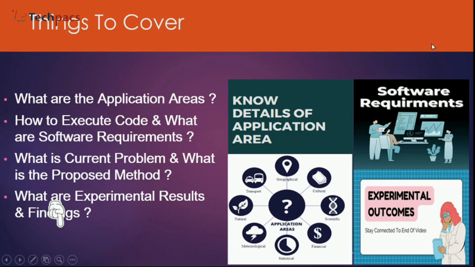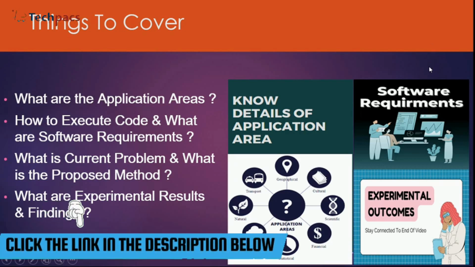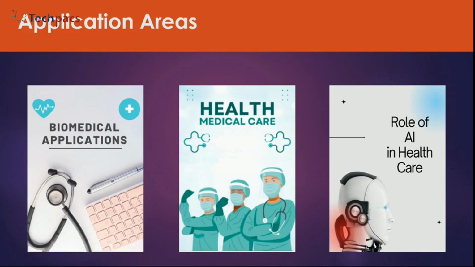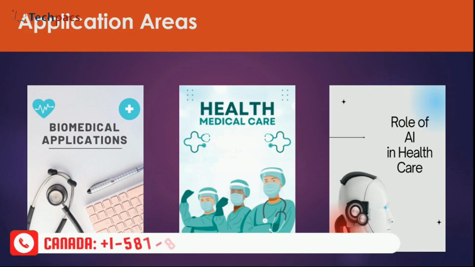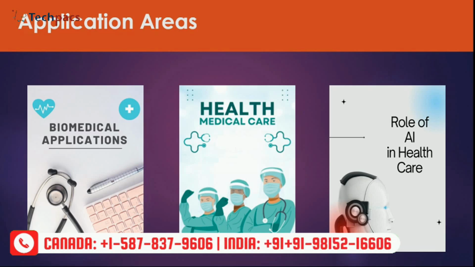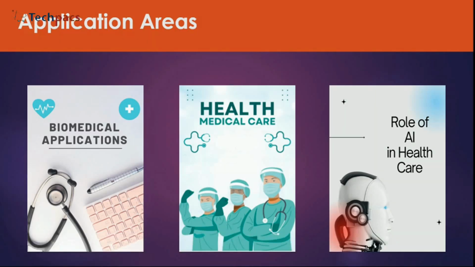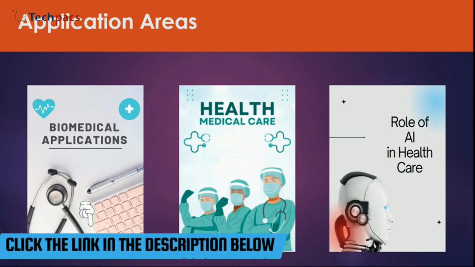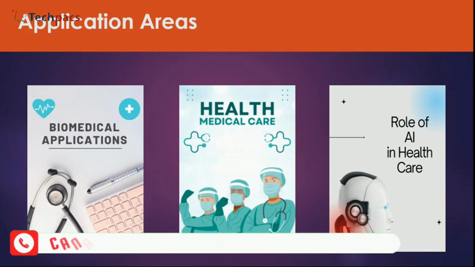So let's talk about the application areas. As the domain that we have implemented is for diabetic prediction, it is related to biomedical applications. So it also represents the role of AI in healthcare applications where medical care can be given after identifying the patient. So automation in healthcare systems is the main base of this particular area, where various patterns of stats like blood pressure, ECG, and many other related information can be given to the artificial intelligence, and AI will be capable of detecting the particular defect or disease, so that doctors can